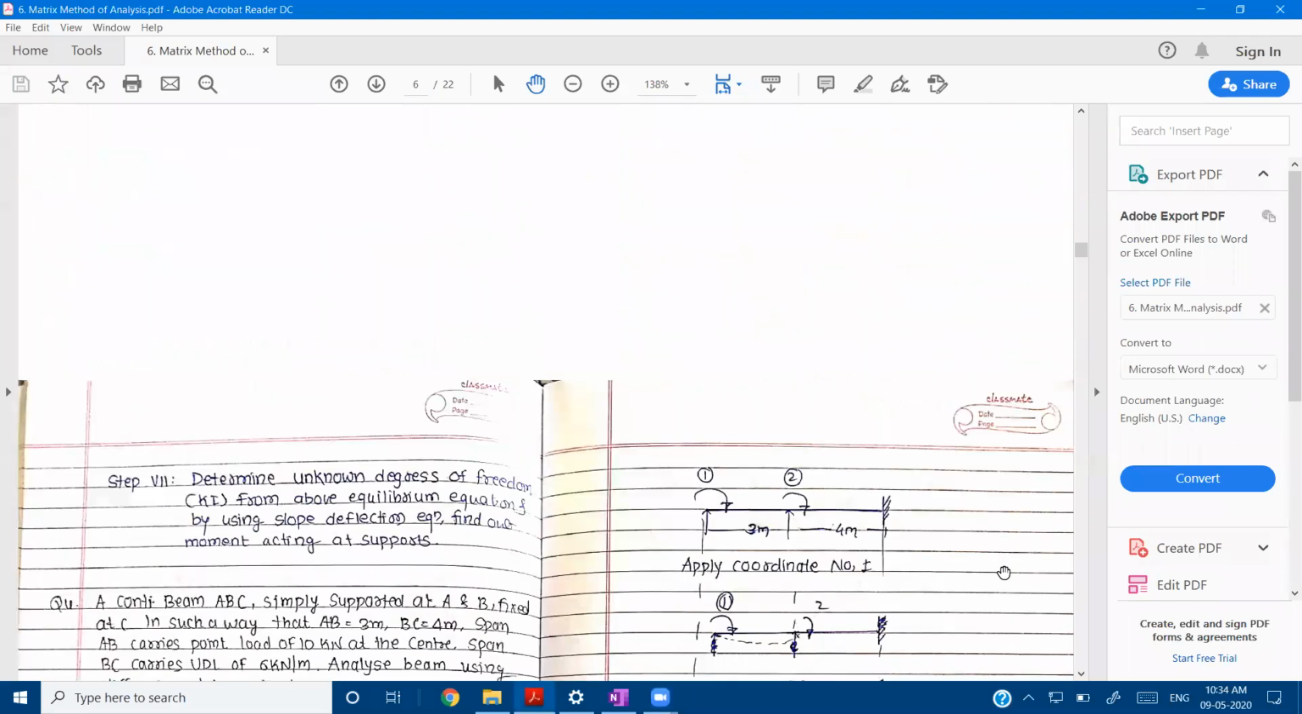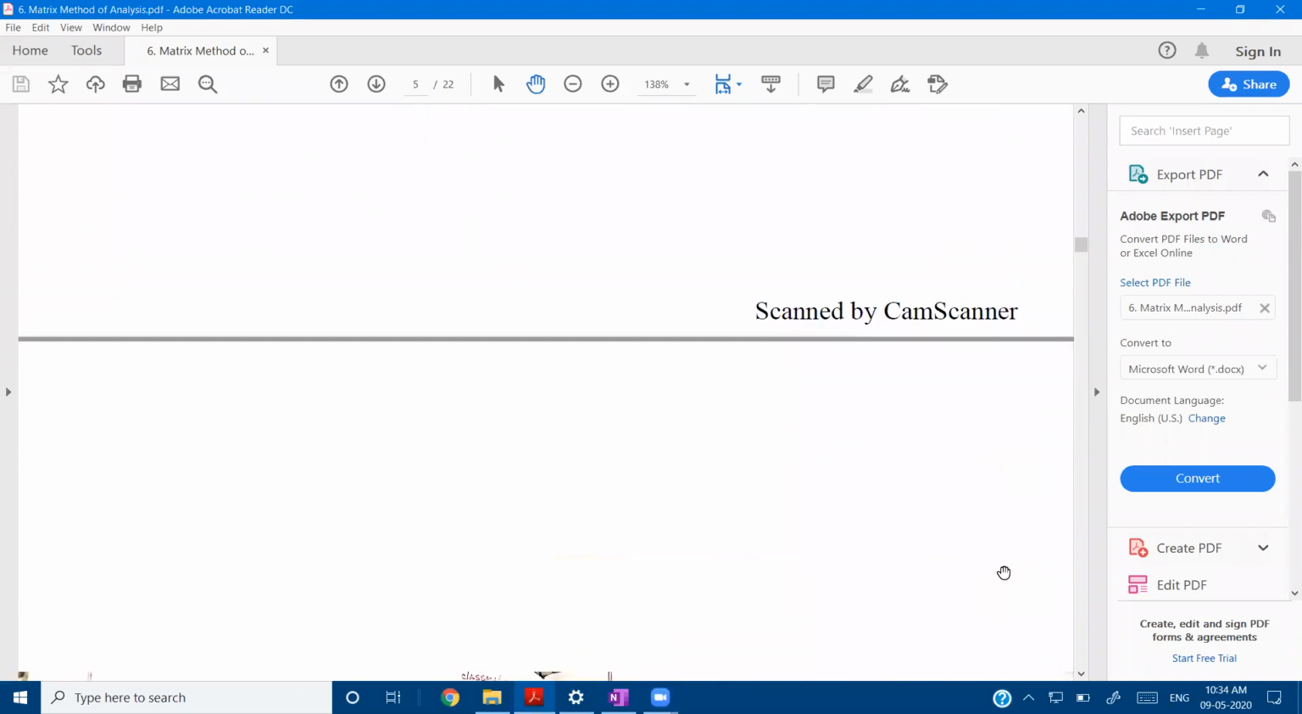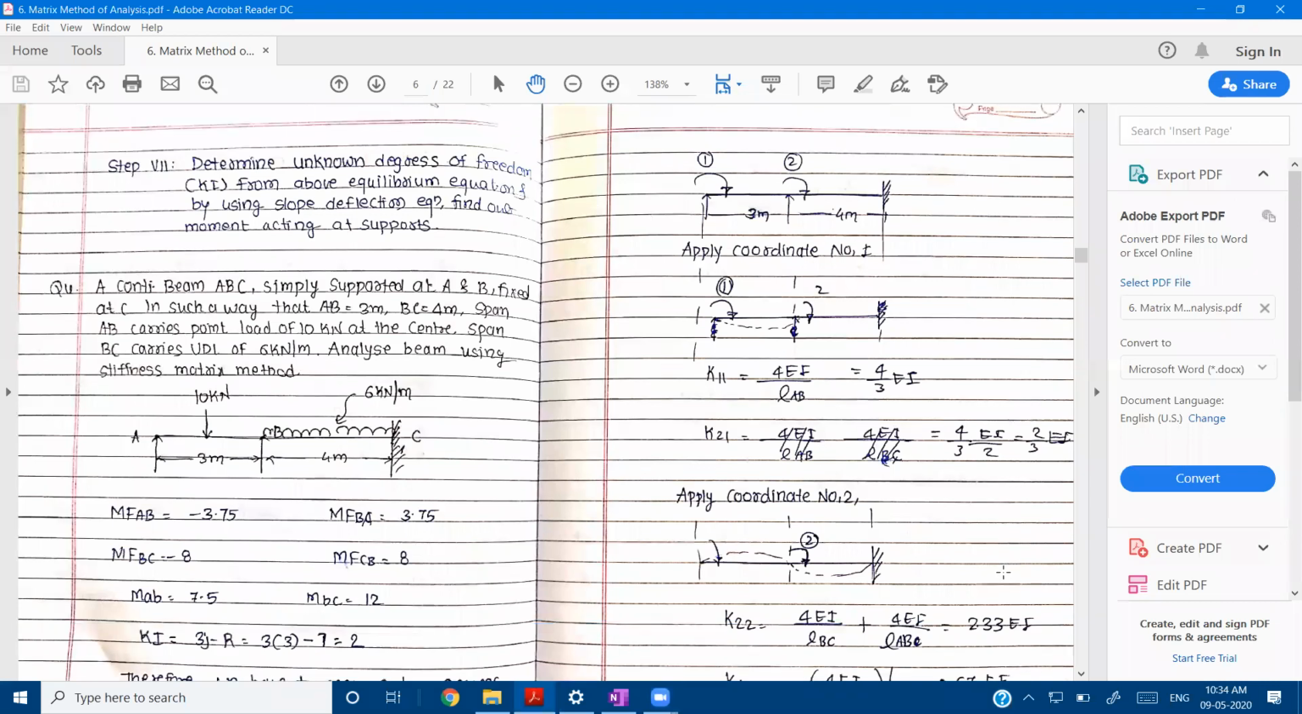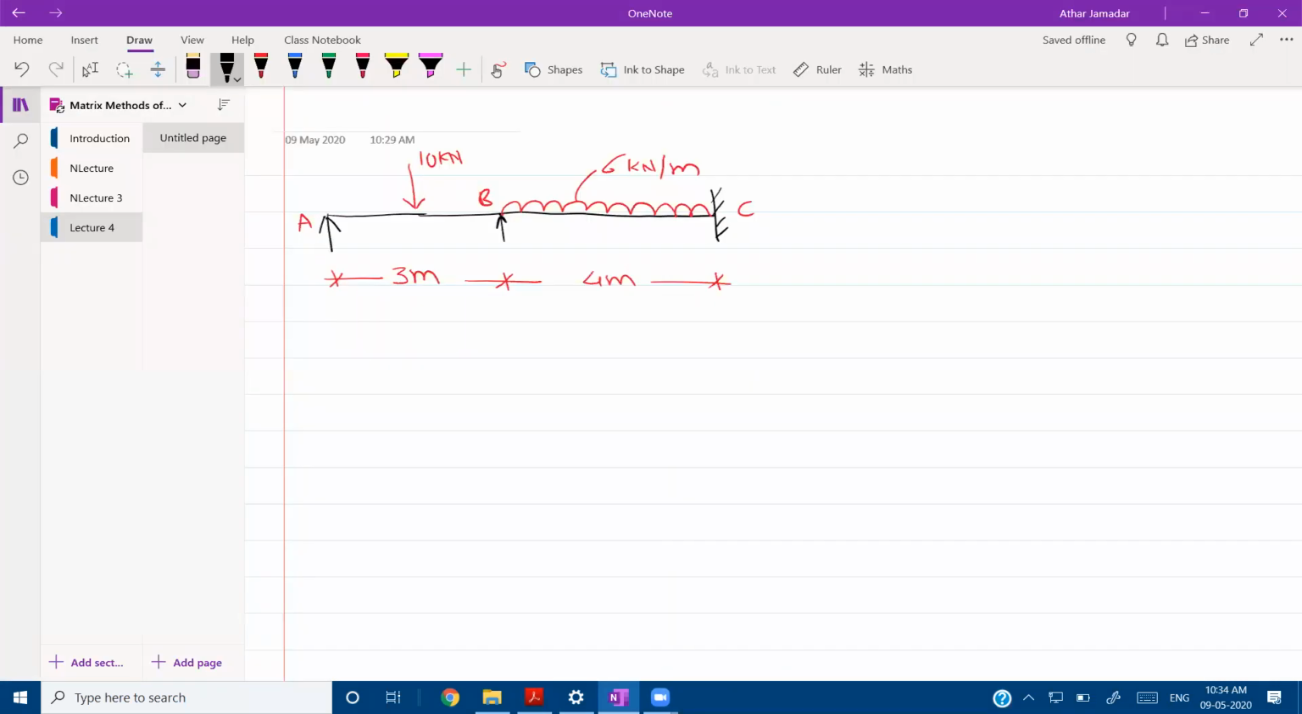Okay, so today we are going to solve problems, that is, analysis of beam using stiffness matrix method. So this is the problem we are going to solve today. Before solving any problem by stiffness method, remember we have to recall the equilibrium equation for the stiffness matrix method,